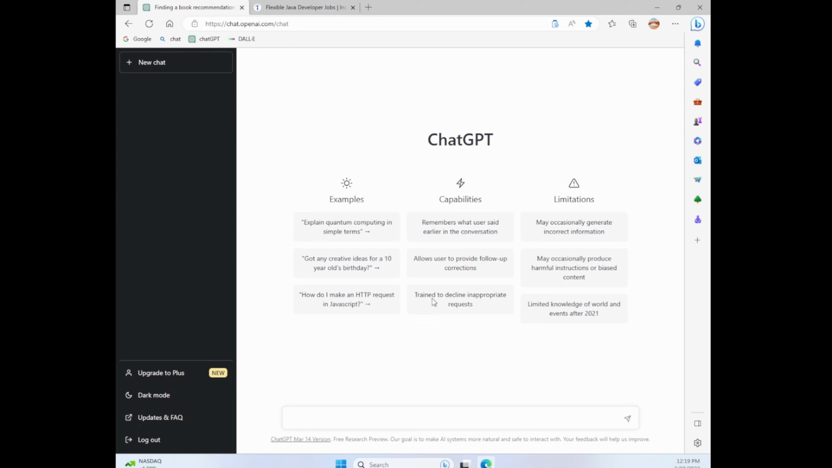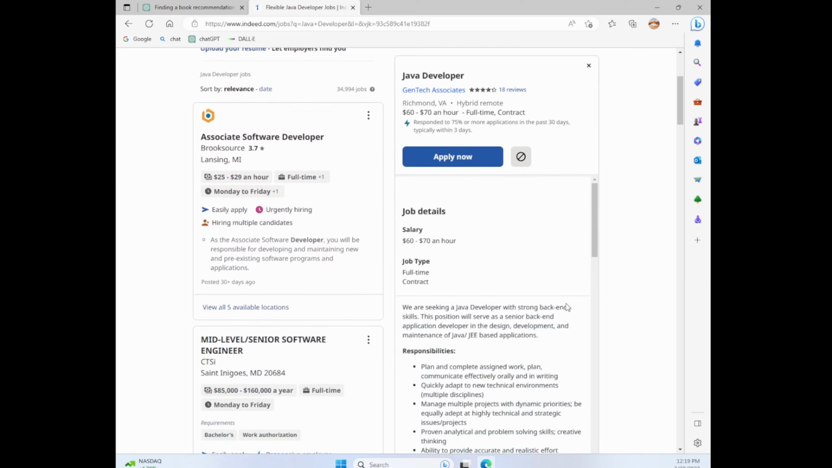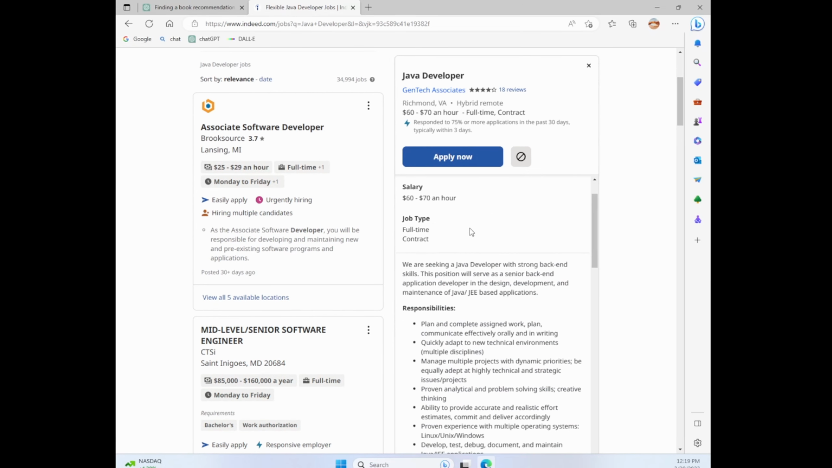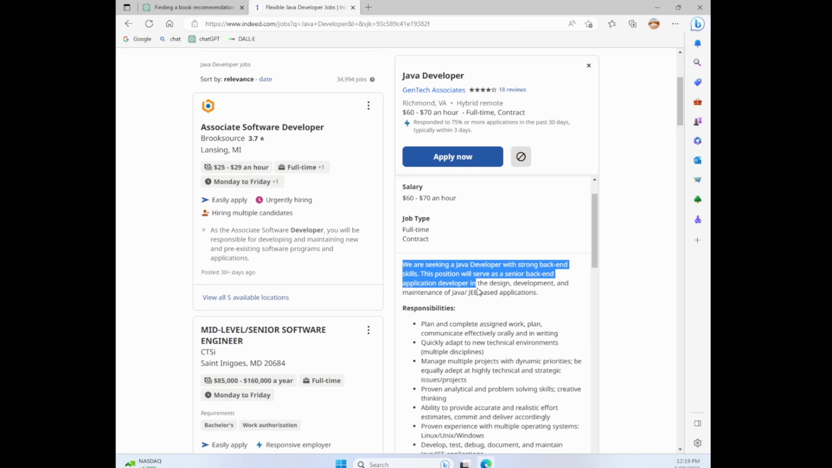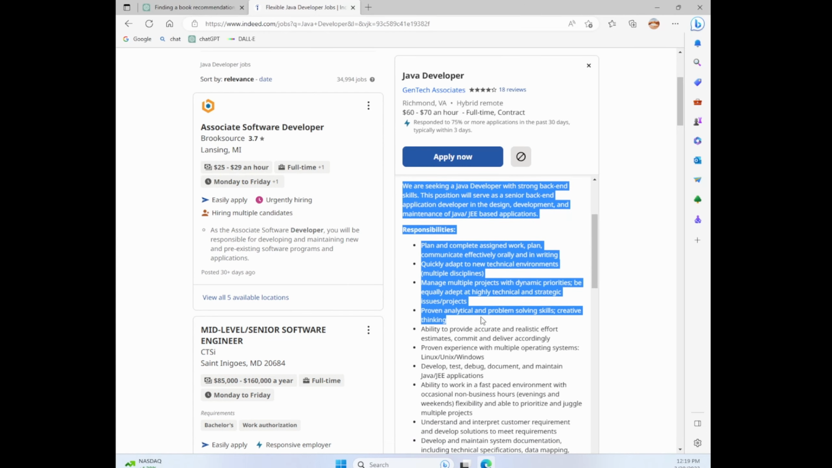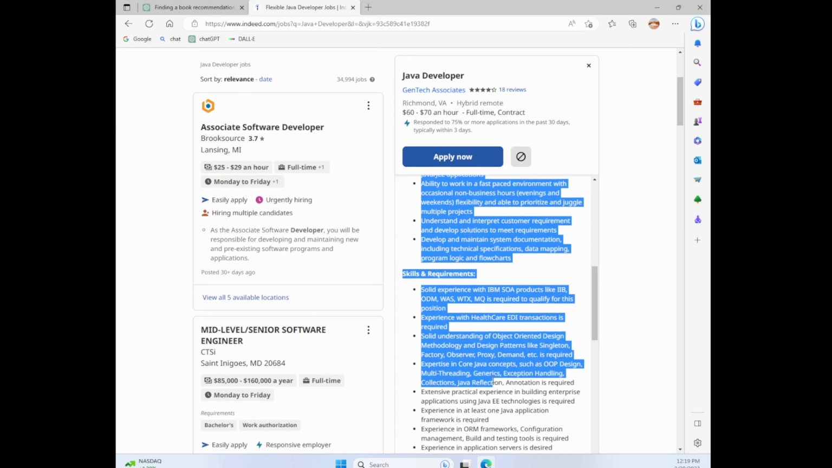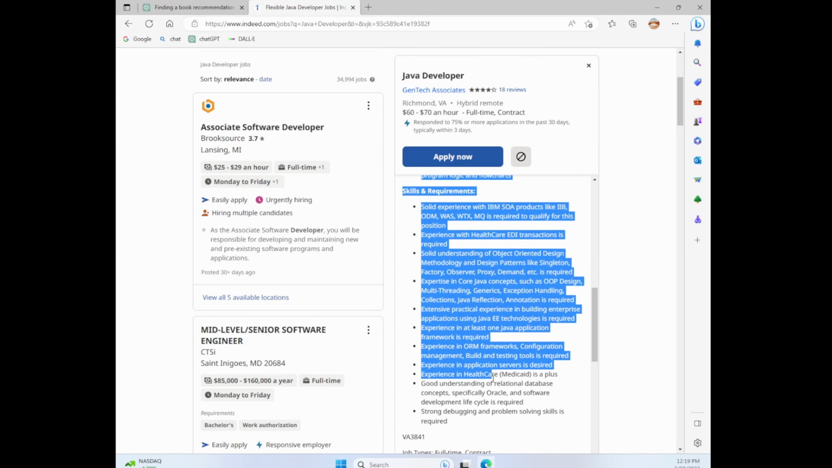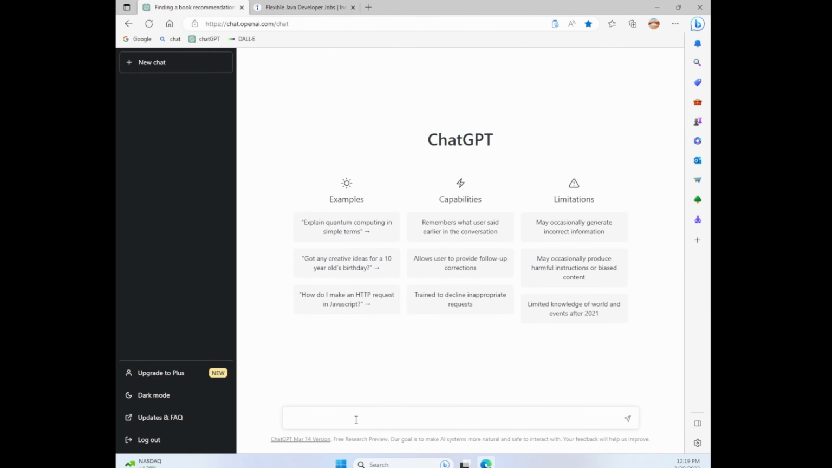Now, once we are here, let's go to Indeed and find a job we're looking for. So in this example, I'm just going to look at this job. It's a Java developer, and I'm trying to apply for this. So I'm going to just copy the descriptions, the responsibilities, and also all the skills and requirements they are looking for. So let's copy all that, and let's go back to ChatGPT